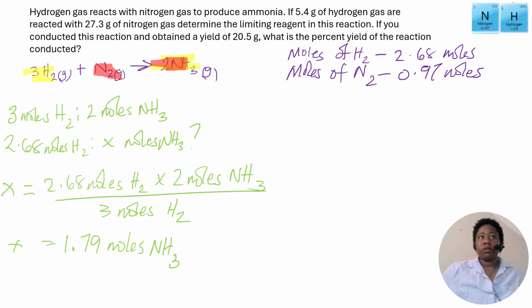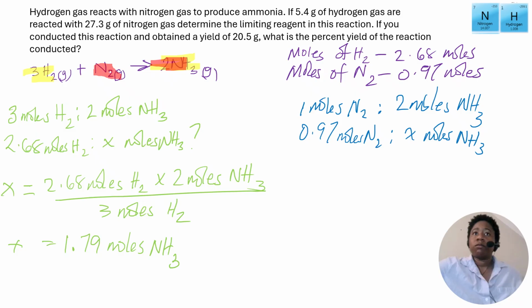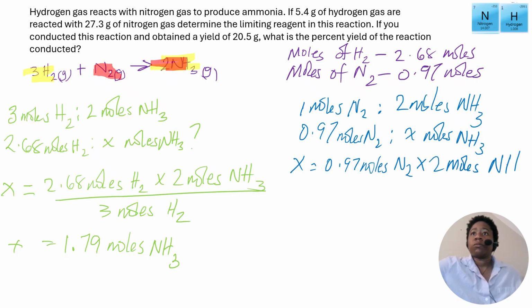That mole ratio tells us that if we react 1 mole of nitrogen, we will form 2 moles of ammonia. So how many moles of nitrogen do we have? 0.97 moles of nitrogen. And now we want to know how many moles of ammonia that will form. Again, we can cross multiply 0.97 moles nitrogen times 2 moles ammonia, and that will be divided by 1 mole